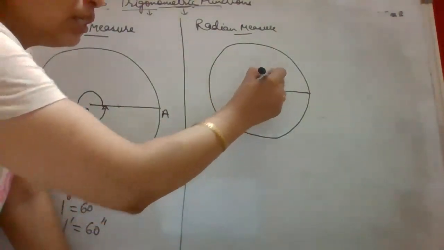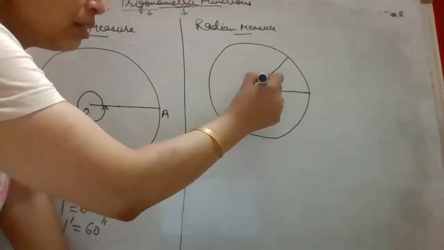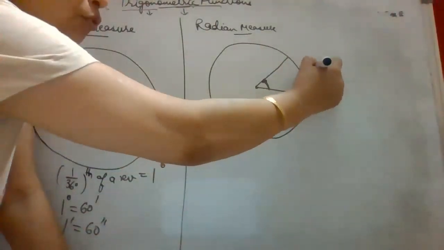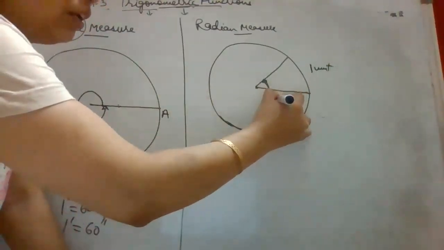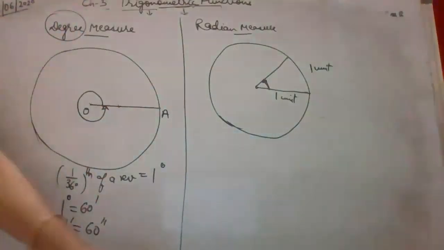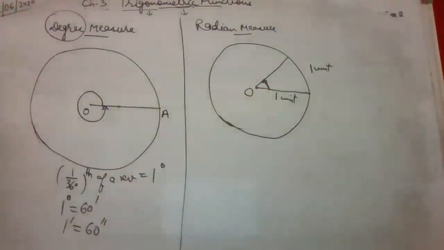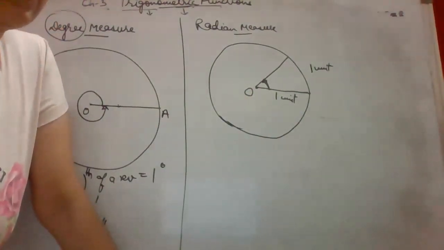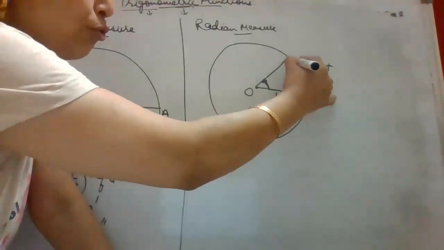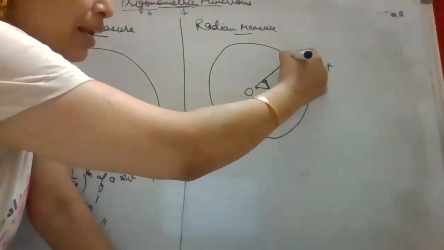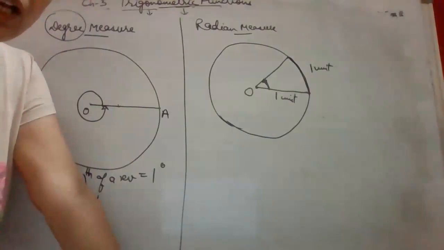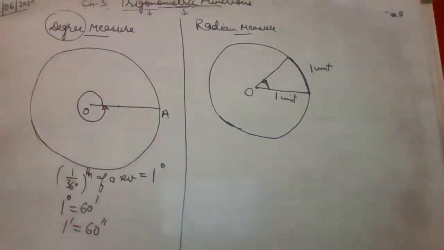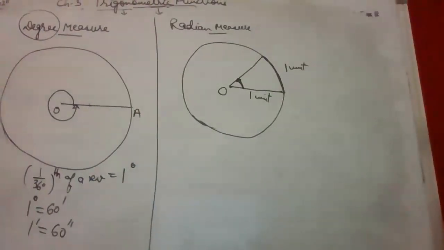Angle subtended at the center by an arc of length 1 unit when a unit circle is taken. What do we mean by a unit circle? Unit circle means a circle whose radius is 1. Now what do we mean by an arc? An arc is a part of the circumference. Arc is a length, circumference is also a length. Arcs are considered on the circumference. The arc is a part of the circumference, right?